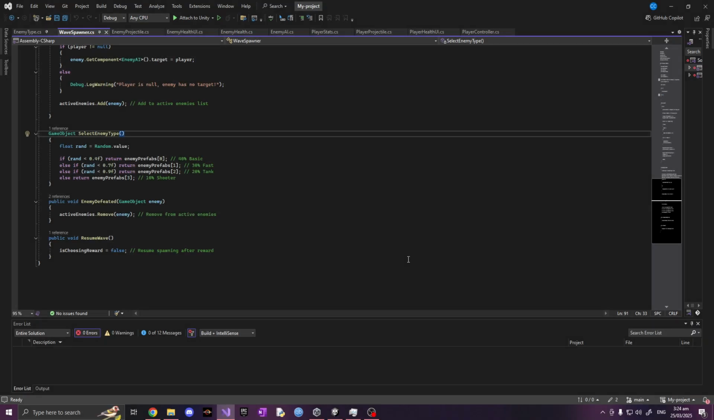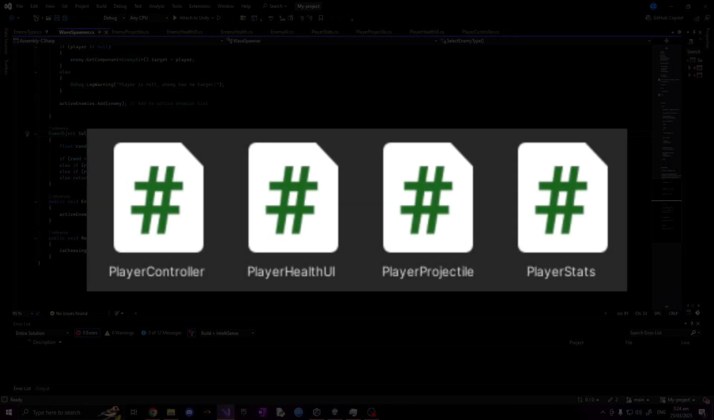I'll be introducing 4 scripts needed by the player. First is the player controller script, which is used for the player's movement and shooting. Next is the player stats, used for increasing the player's chosen stats, as well as counting the damage taken to